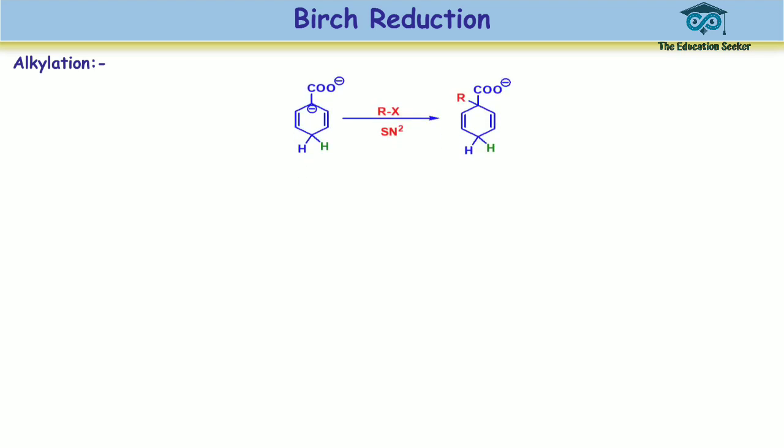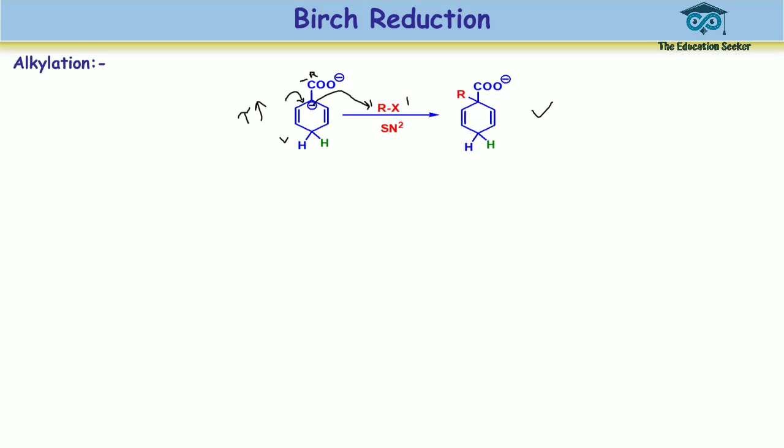So now if you closely observe the dianion intermediate that we have, it is quite stable because the negative charge present on the ipso carbon is stabilized by the carboxylate group by -R effect. Just because of this, the lifetime of this dianion intermediate, which is denoted as tau, is high. So you can exploit this dianion intermediate by trapping it with an alkyl halide like RX to form this alkylated product, and this is basically an SN2 reaction, right? And you can also trap this dianion intermediate with a Michael acceptor.